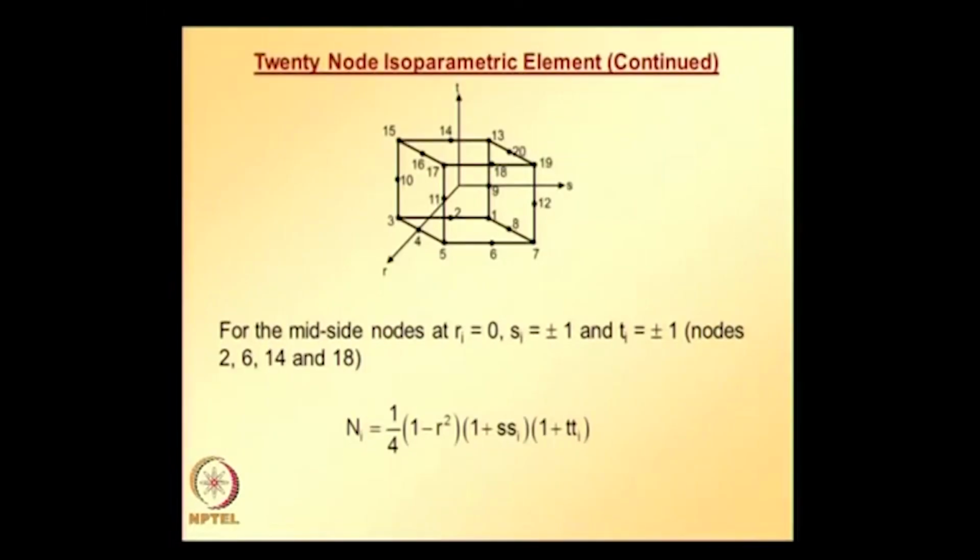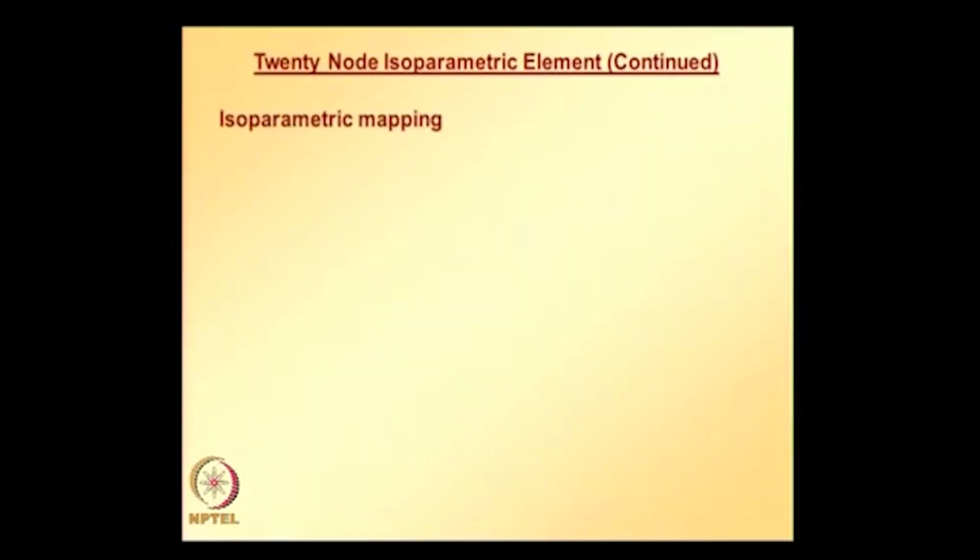And again these expressions are developed using the serendipity procedure that we adopted when we were deriving shape functions for the 8 node serendipity element for 2 dimensional problems. So, once we got all the finite element shape function expressions, we can write isoparametric mapping for the 20 noded element